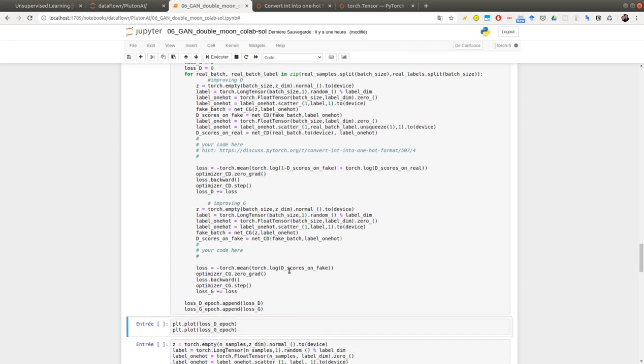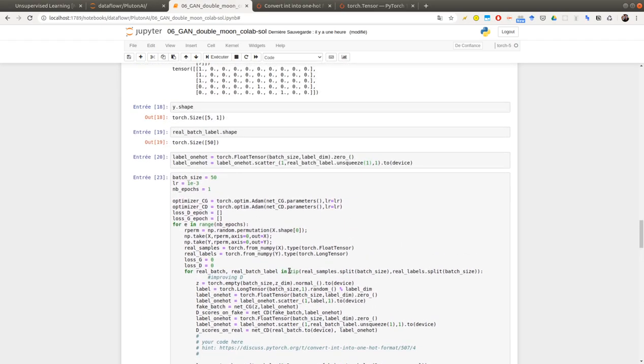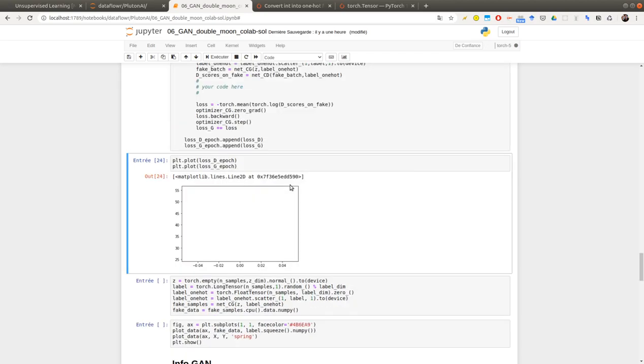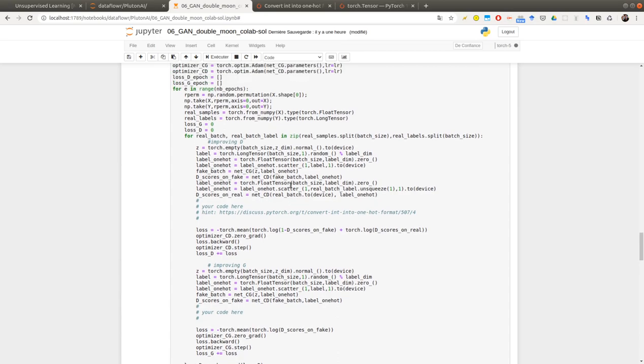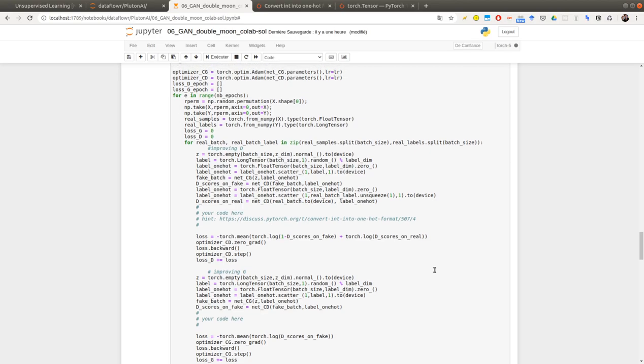And it should work. Okay, so now it's time to test. It's taking a little while. I'm putting the code here so that you can have a look at it while it's training.